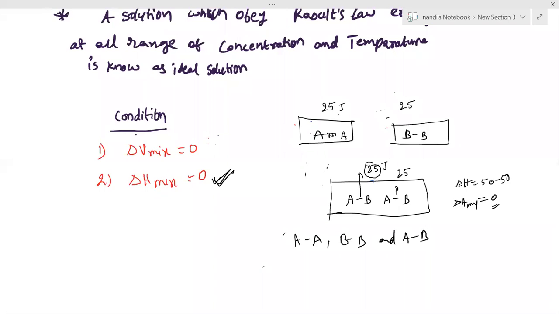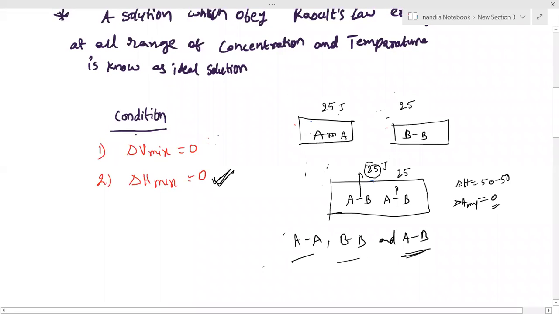Yes, we are going to discuss. This point understood first? AA attraction, BB attraction, and AB attractions, there is no difference. All have the same type of attraction, meaning the same bond strength. Attraction is nothing but a bond only. There is no line actually in between; we draw it for our convenience. Attraction is always present between any molecules. More attraction means a stronger bond, weaker attraction means a weaker bond. That's the only point.